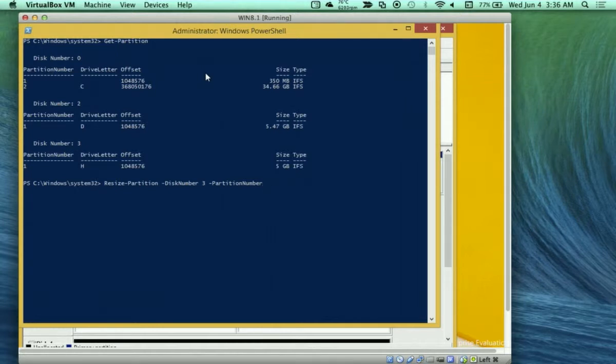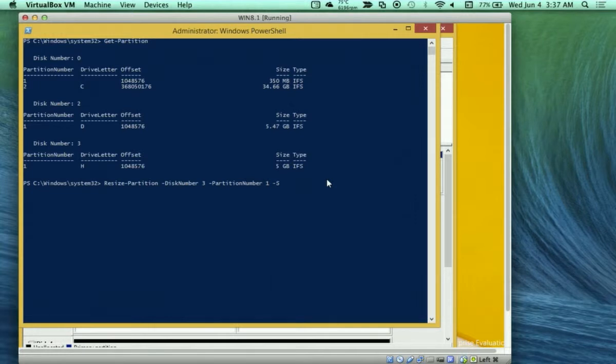Because if you had 2 partitions or 3 partitions within a drive, it will also show it there. Let's say, for example, if we're doing disk 0, we have 2 partitions there, so I will probably select number 2 for resizing, instead of 1. But in the case of disk number 3, we only have how many partitions there? 1. Are we following? Okay, so I'm going to type 1, space